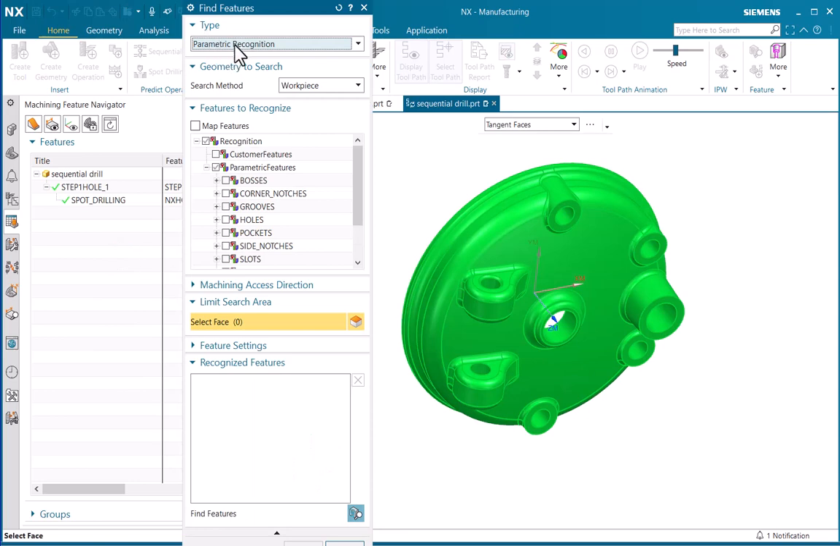In the type I will select parametric recognition, then workpiece is okay for me. First deselect all. Okay, so first we will select the steps. Whatever steps we have taken to create these holes are all shown here. Under the bottom of this dialog box, the find feature option is available. So when I select find feature,